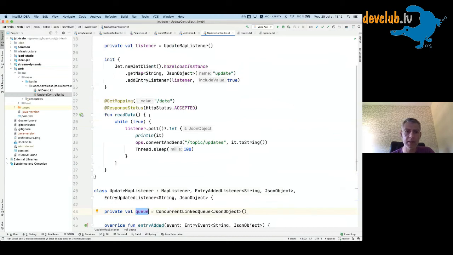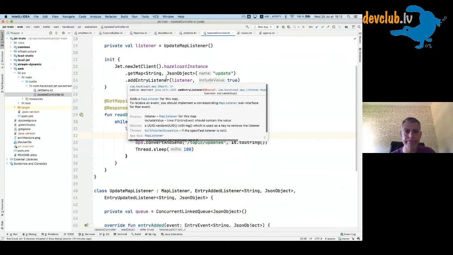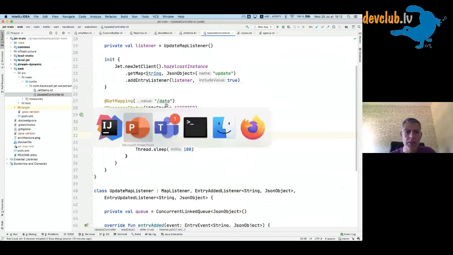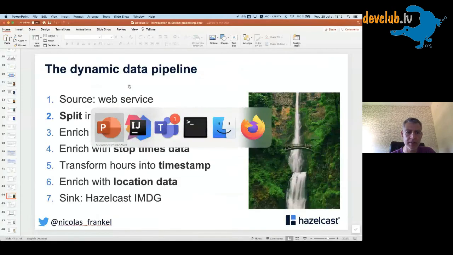So quite easy. Here I have a Thread.sleep because if I'm as fast as my backend does it, then my front end gets flooded at some point. So I need to throttle it in some way. So yes, this is the code. And again, it's available on GitHub at this address.